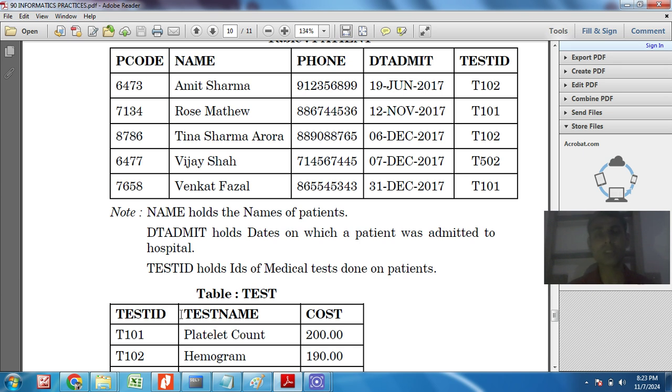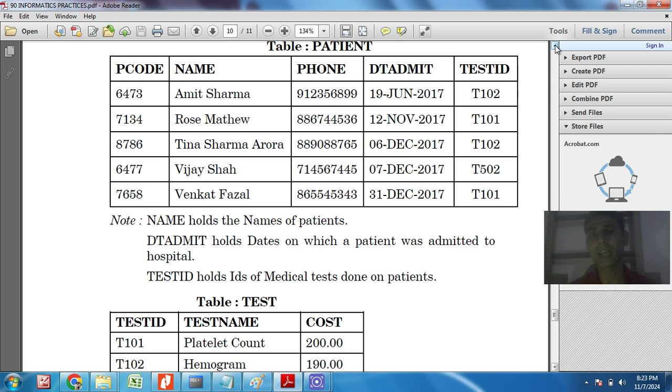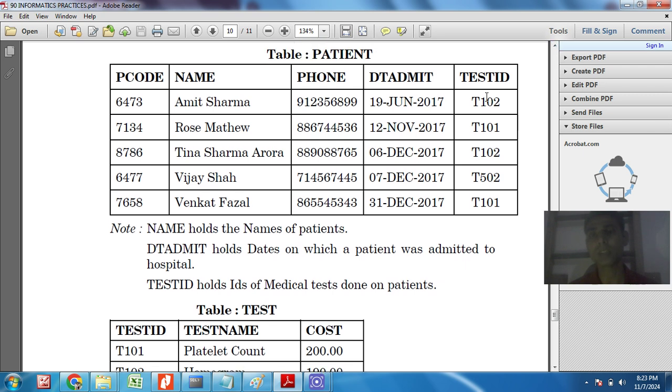So in the test table, test id must be the primary key, and test id in the patient table must be treated as the foreign key. This is the foreign key and this is the primary key. So these are the basics of that.